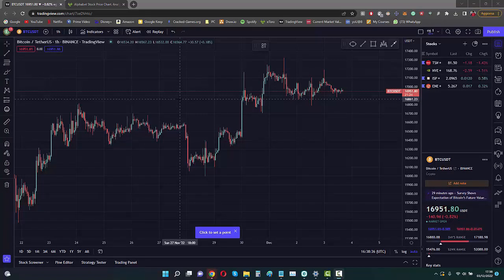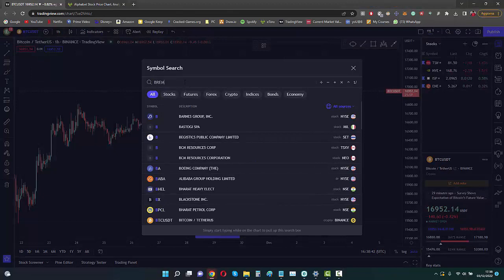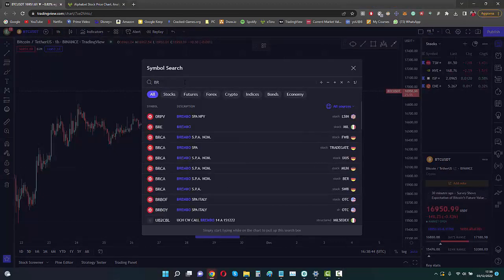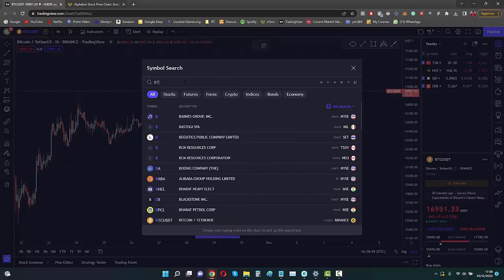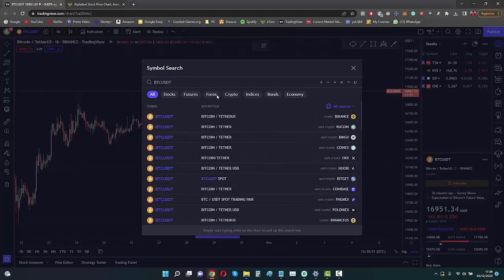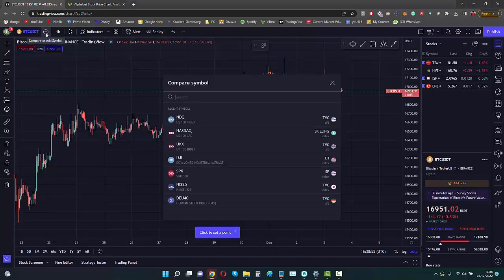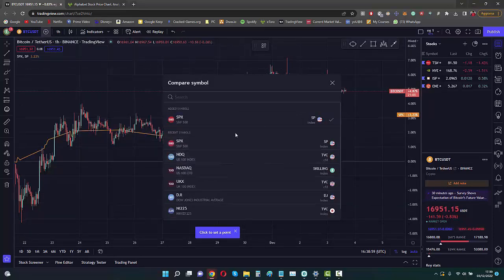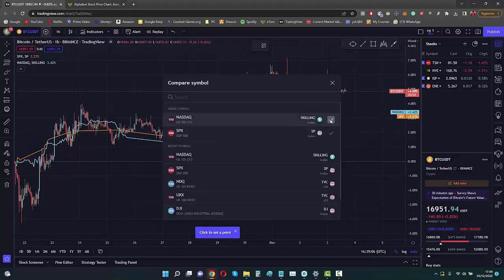In the top left corner, for instance, just on the right of your account settings, you can find a symbol search. Here you can search for anything that is listed on the stock market, for example stocks, CFDs, any type of pair, or even futures. Immediately on the right you can see this plus sign, which stands for compare symbol. By pressing it, TradingView allows you to search for one or more symbols and compare them by displaying multiple graphs on the same chart. If you want to remove one, you just press it again and click the little check